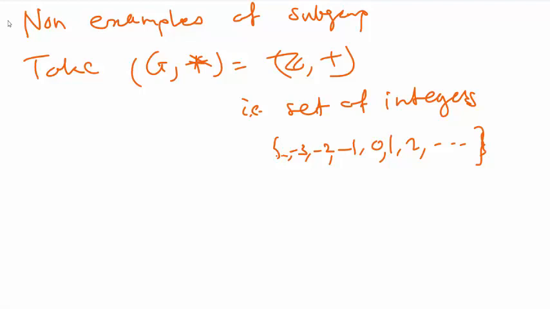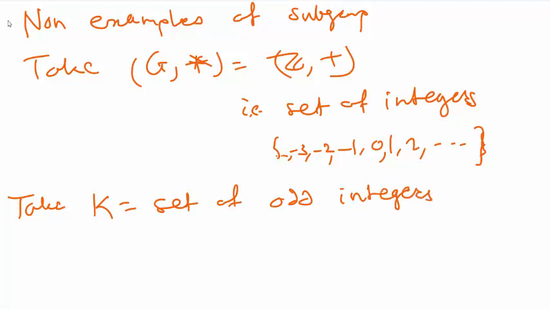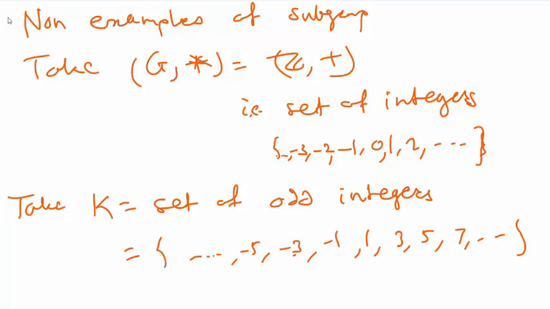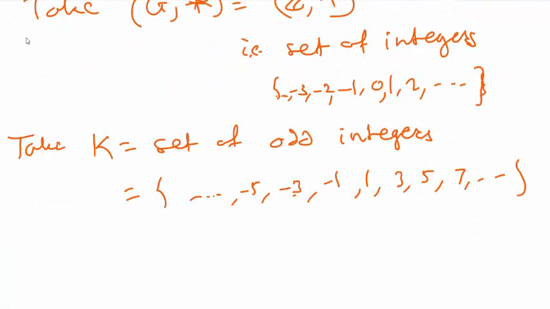And if we take say K is equal to set of odd integers, that means 1, 3, 5, 7, and so on. Here also -1, -3, -5, and so on. K is a subset of Z clearly,